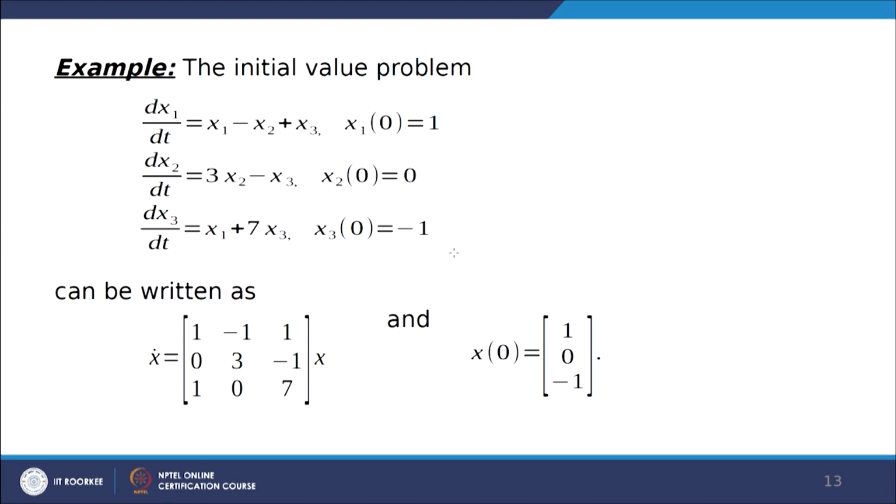We have seen in this lecture how to write a linear system of first order differential equations which is homogeneous in the concise form. Also we have seen how we can write an initial value problem, where we are given a homogeneous system of first order differential equations with the initial conditions, in the concise form. So, by using the vector notation we can write the equations in a concise form. Now, in our next lecture we shall see how we can solve a system of homogeneous linear differential equations with constant coefficients. Thank you very much for your attention.